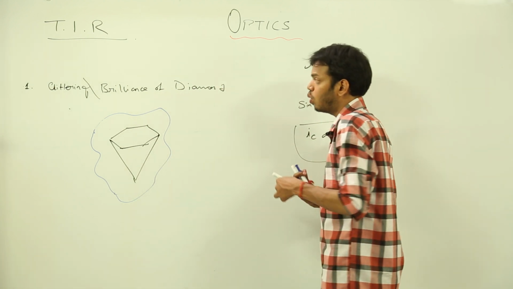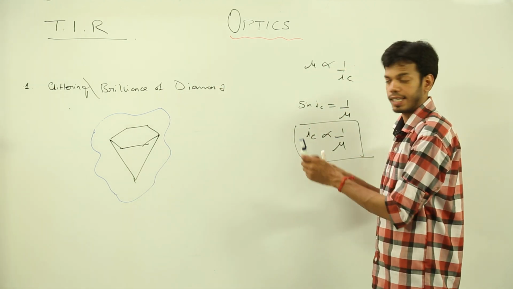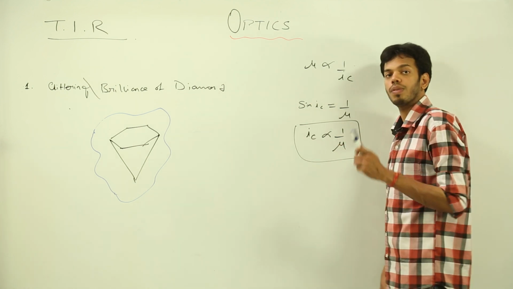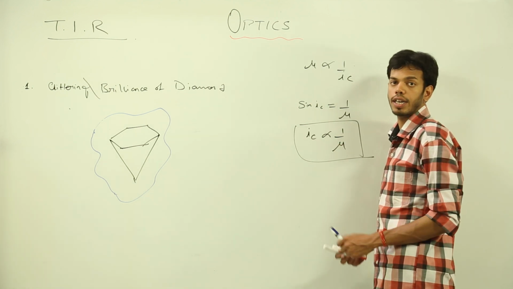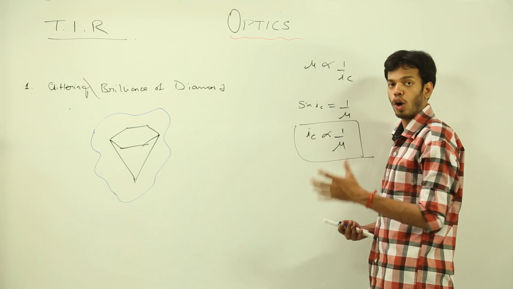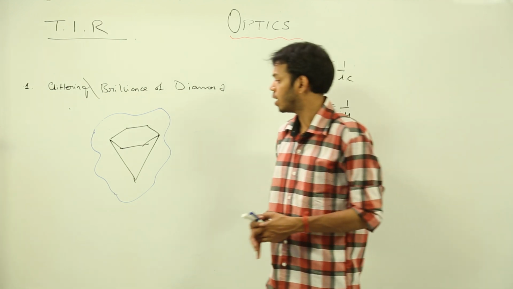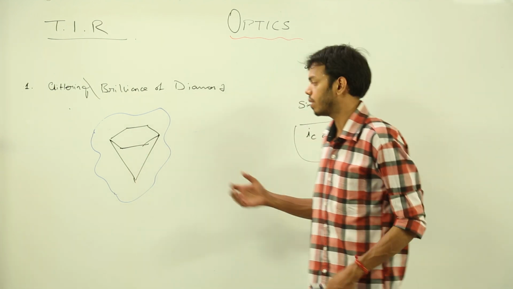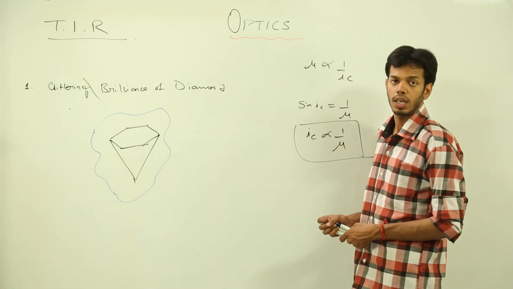So how does TIR help us in this? See, diamond is actually the hardest naturally occurring substance, right? Why? What makes anything so strong? So it is naturally what? It is the